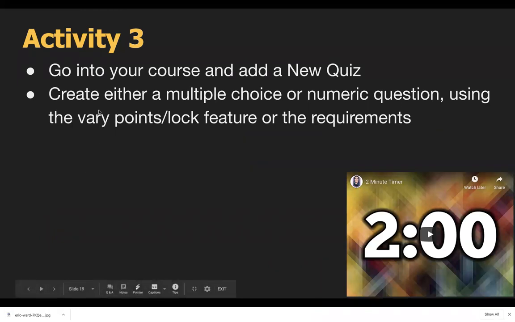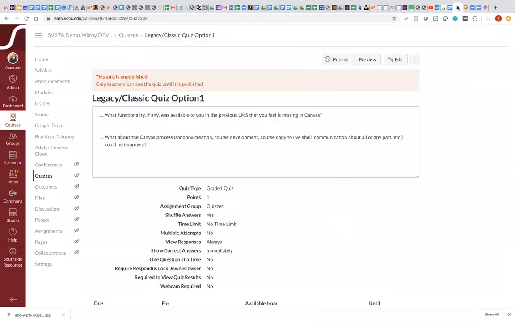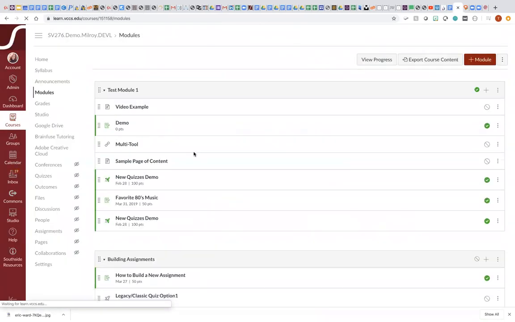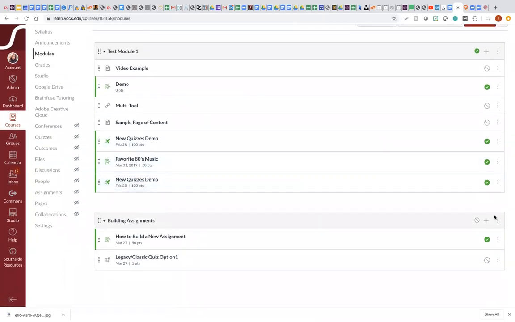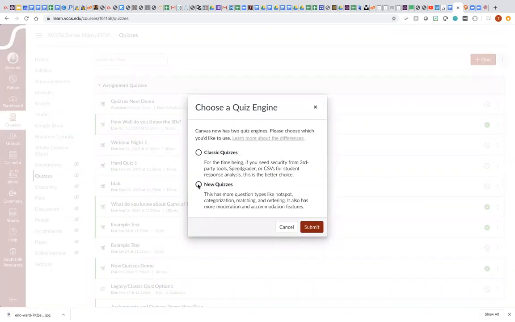Okay, before we do the activity, let's look at adding a new quiz. So if I am in modules, and I go down to my module, I'm actually going to have to exit modules and go to quizzes to add a new quiz. It used to be a little bit different, used to be in assignments, but we're going to do it here. So you go to quizzes, you click plus quiz, you choose a new quiz,